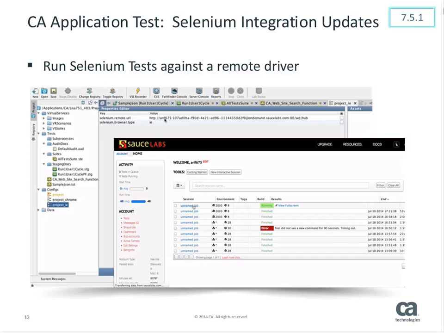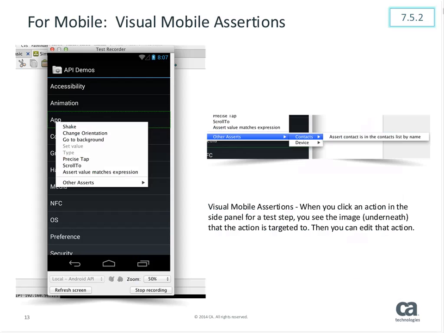I'm going to pass on to Ian to talk about the mobile. Good morning, everyone. I'm Ian Kelly. I'm the product manager in the mobile space, and I have 3 things to show you that have come around in 7.5.2 and 7.5.1. And the first one is, I think, the most exciting that we have here, and it's